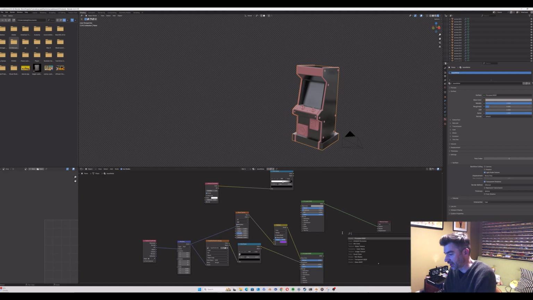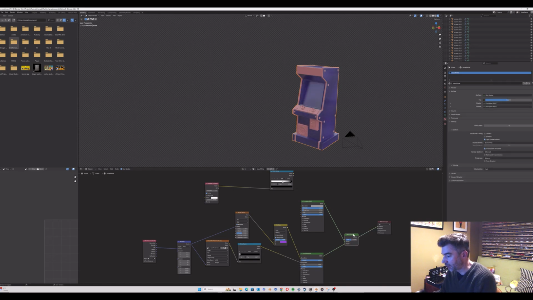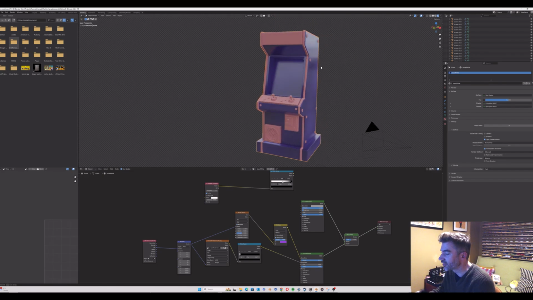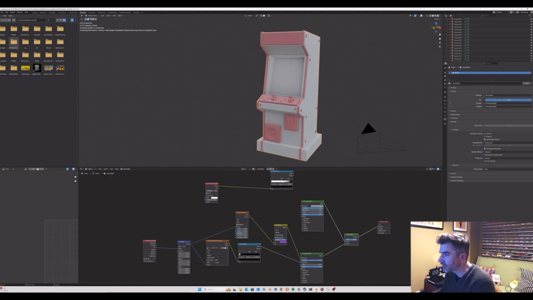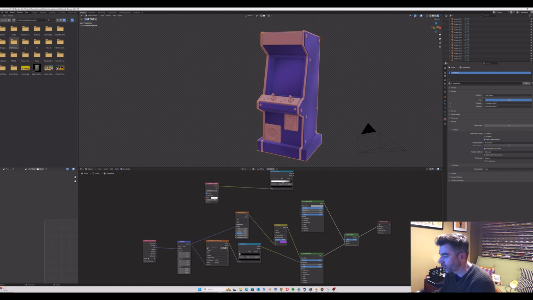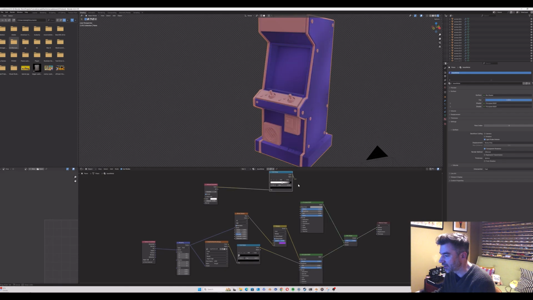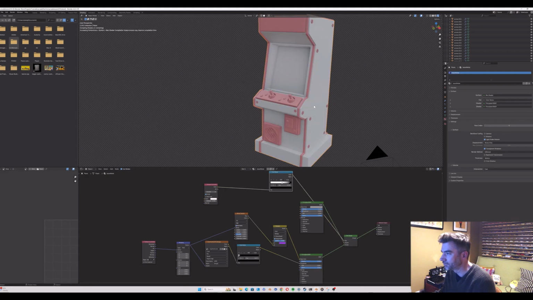So Shift A, search. We'll need a mix shader this time. If you try and use mix color, it won't work. So we'll connect one into there, and one into there, and then connect this to the output. And we'll Control Shift click on the mix shader, so we're definitely viewing it. If everything's gone right, it should look like this. At the moment, we're not using this mask. If we change the slider all the way to 1, we get full shade, and if we change it all the way to 0, we get nothing. So if we now connect this up,